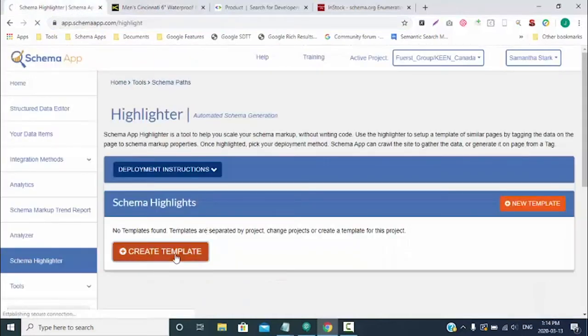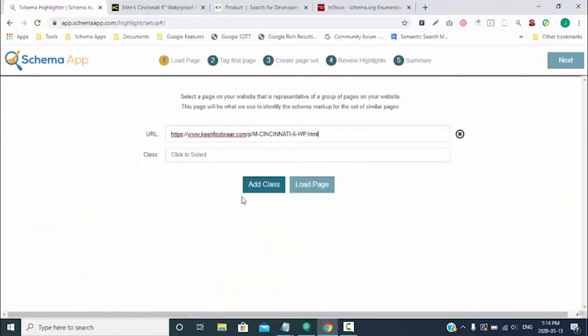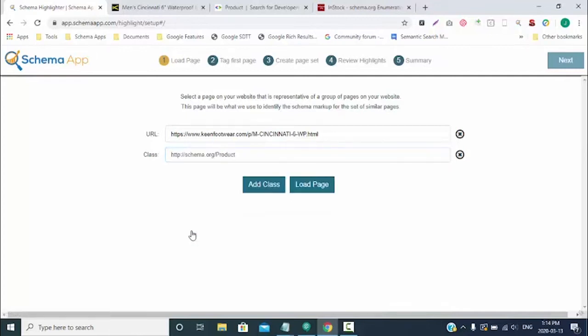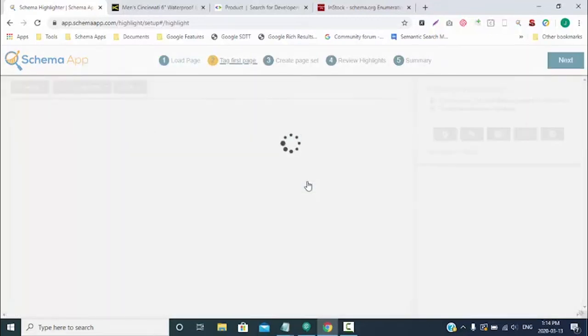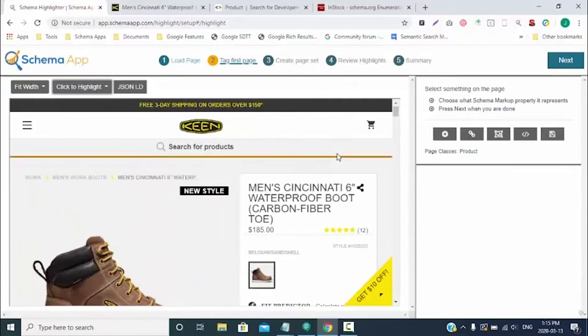create a template, paste in the URL, select the class, which is product, and then load the page. Now my page is loaded into the highlighter, and before I start marking it up, I'm going to ensure that